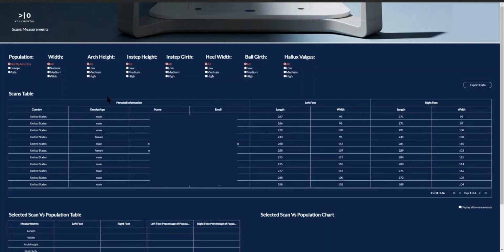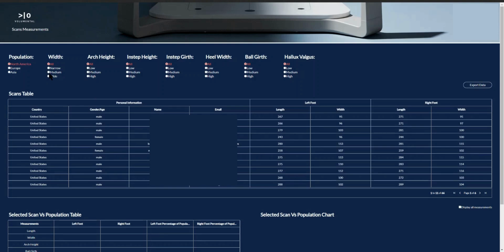The R&D dashboard was designed to analyze all the scans that you capture with your scanners, and you can compare all the scans against three different populations: the North American, European, and Asian. And then you can filter all the scans by these different measurements. All the filters are set to all by default, but then you can filter just by a specific measurement and